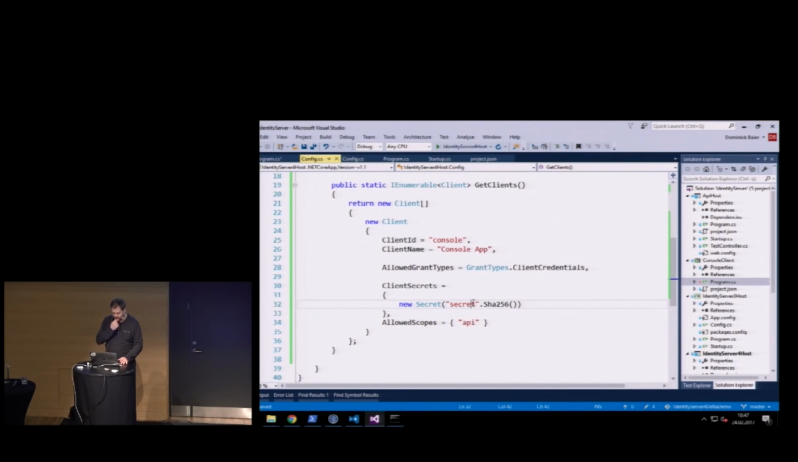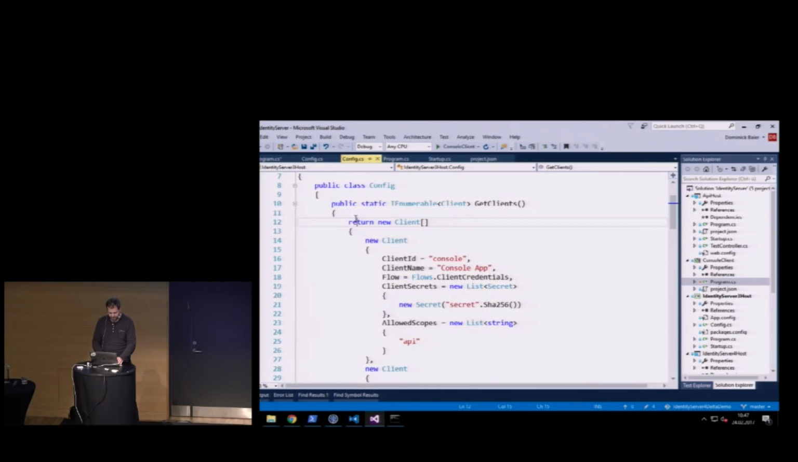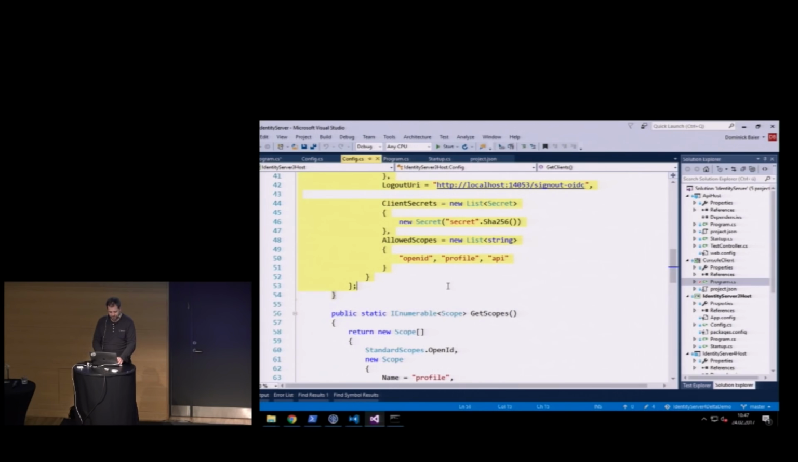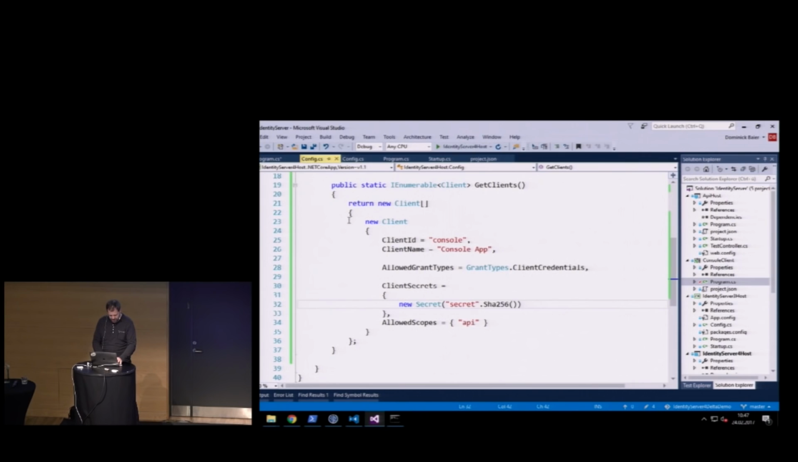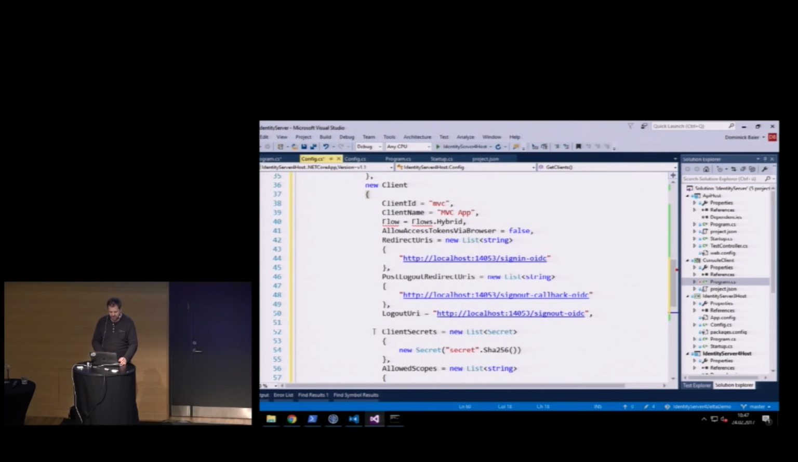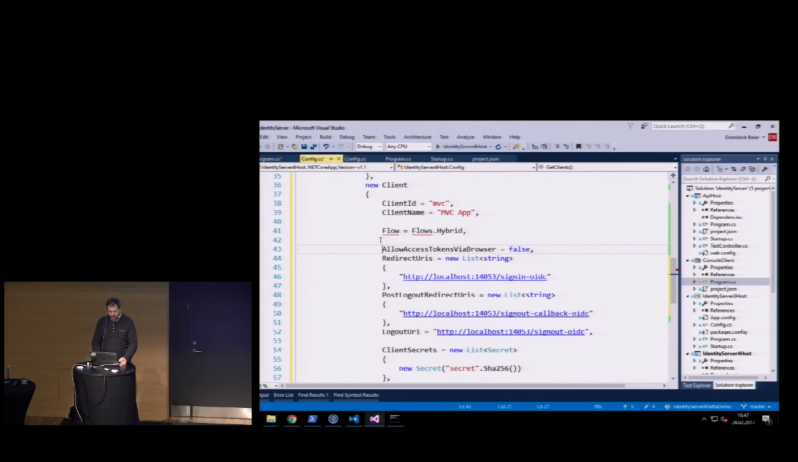Good. Let's go to the MVC style client. Here's the configuration. So here's our MVC client, so let's just copy this one as well. Copy that over here. So you see it's almost the same, right? Again, flow became allowed grant types. And there's a grant types